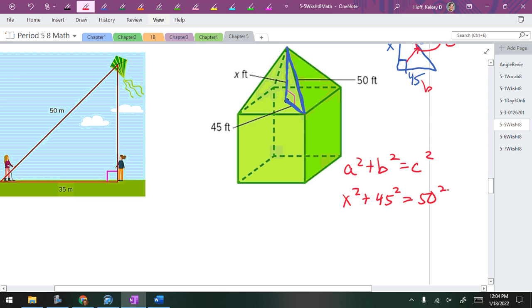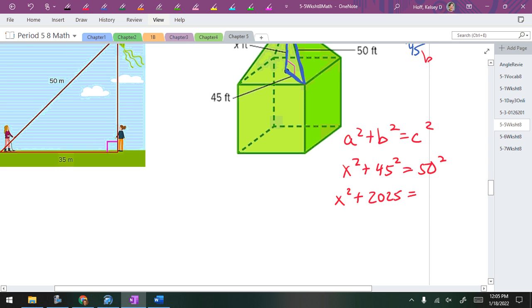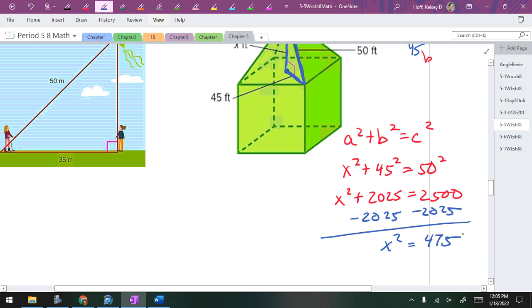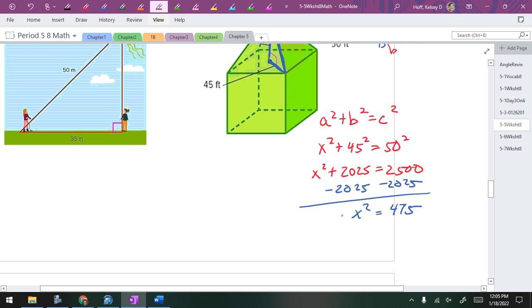First thing I should do, exponents. X squared plus 2025 equals 2,500. Then I should subtract 2025 to the other side. X squared equals 475, right? Now what do I do? Take the square root of both of them, and instantly you all go,